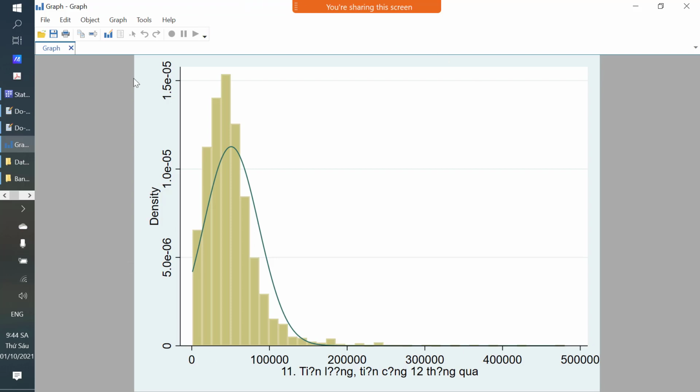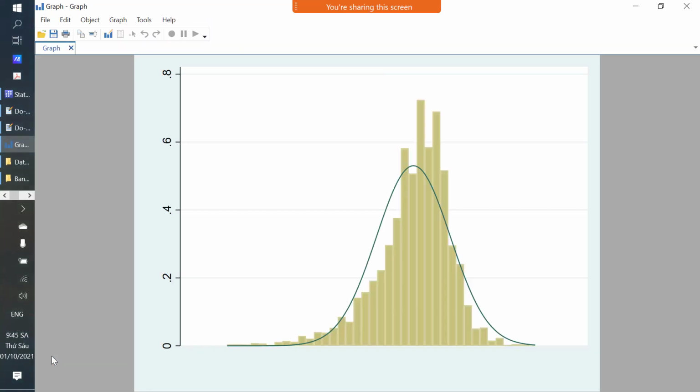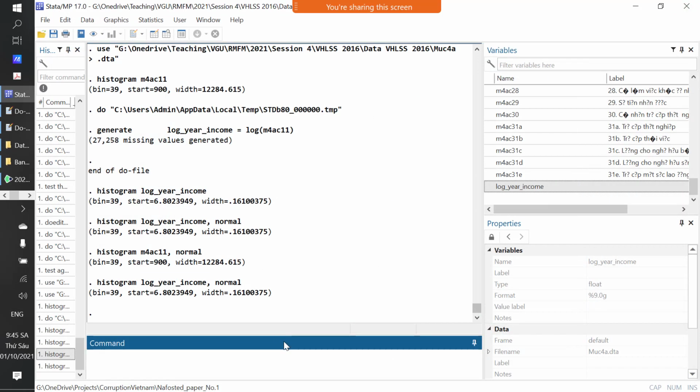But if you have the log, it looks better. It is not perfect, but at least it is less skewed to the right. Yeah. So taking the log, ladies and gentlemen,